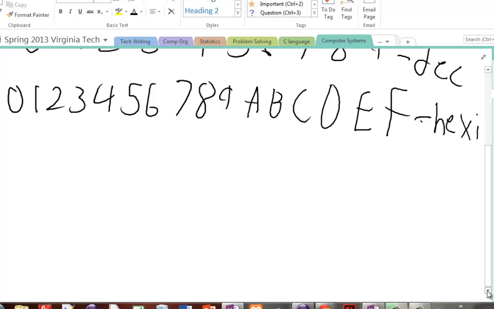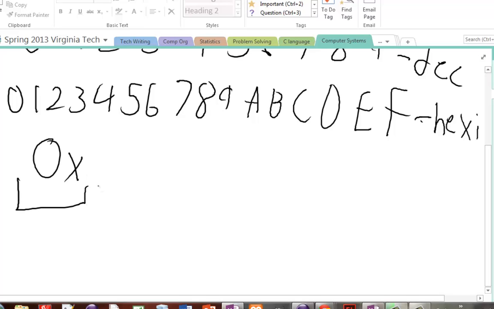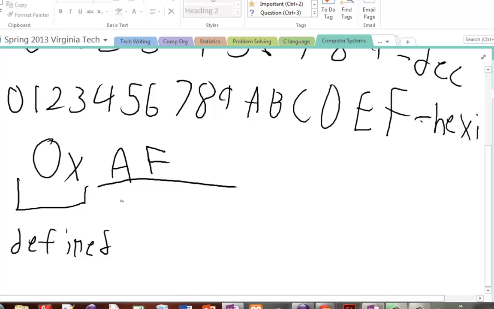Something I just found out today is that hexadecimal numbers are usually referred to with a 0x in front of them. This is just defining that whatever you're about to see next is a hexadecimal number. The 0x does not mean anything except it's telling you that it's a hexadecimal number. So don't worry about the 0x. But if I said 0x AF, the AF would actually be the number